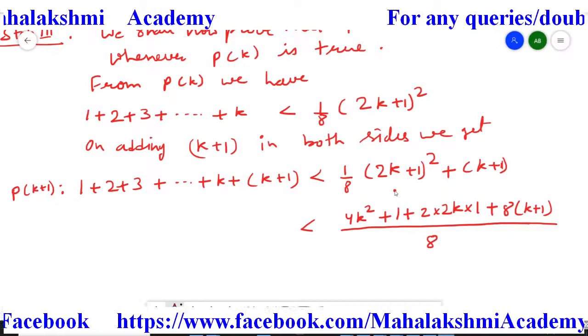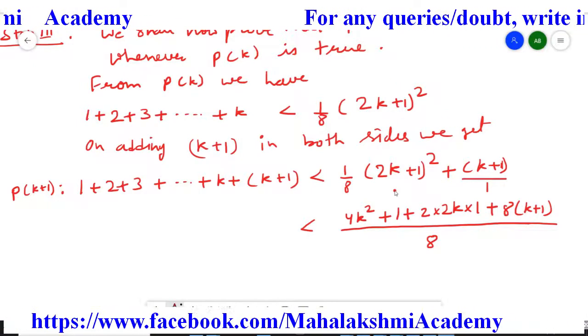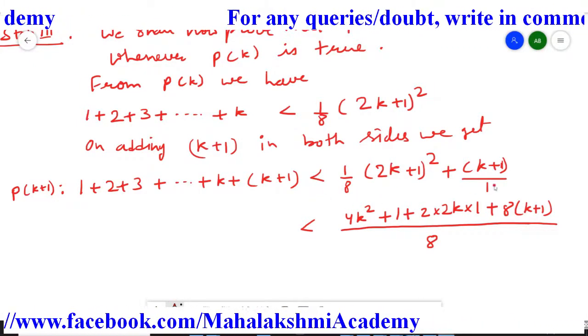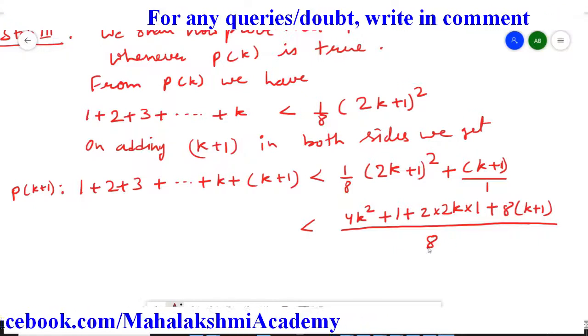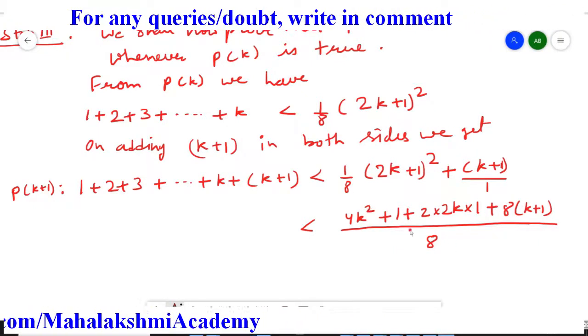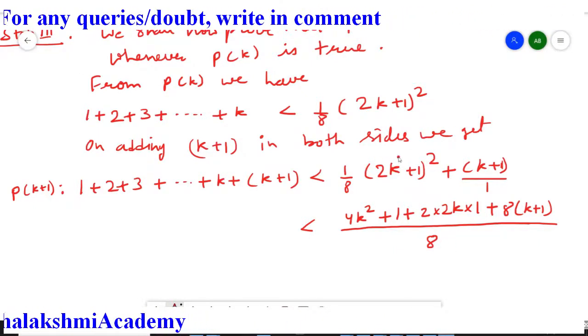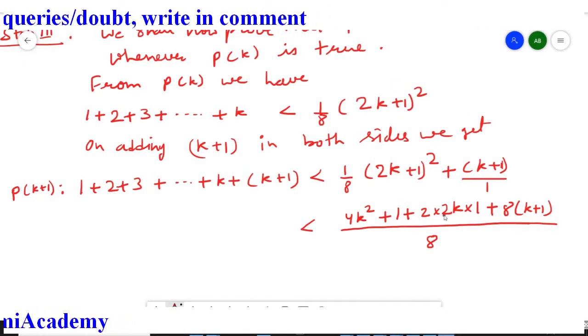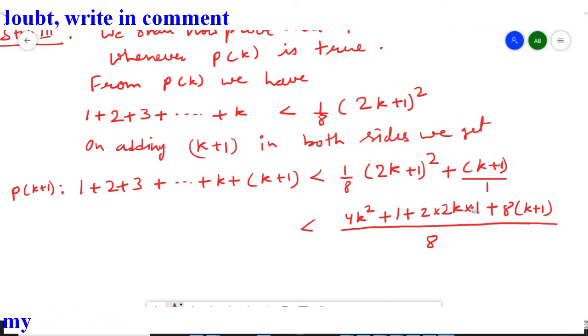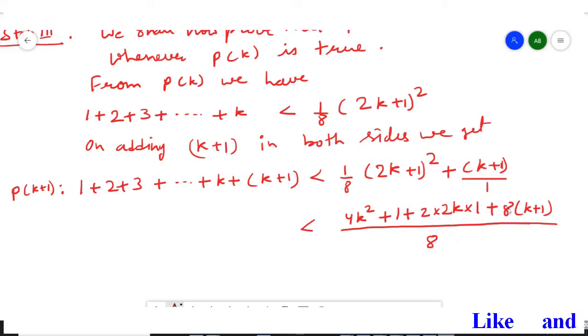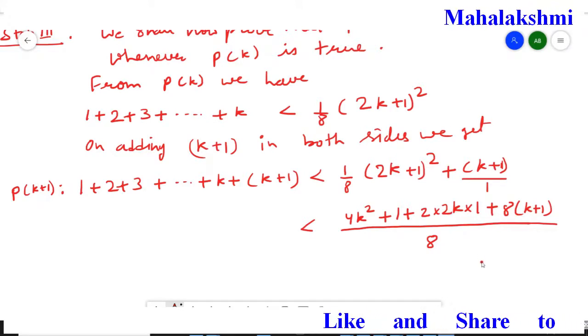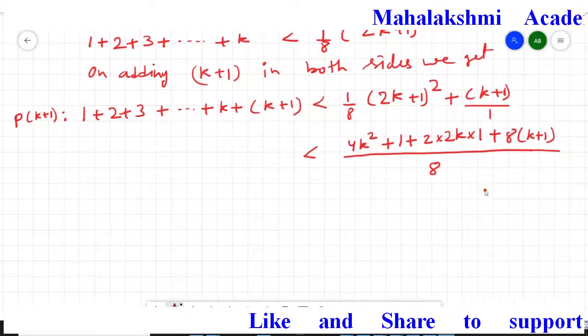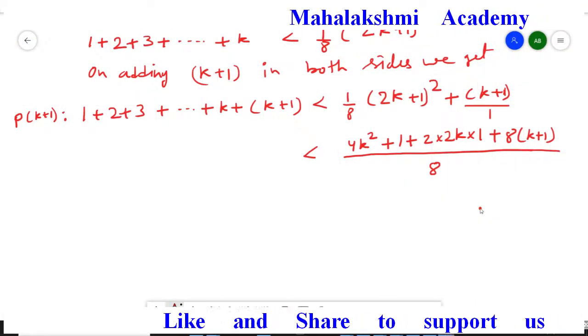So students, I hope it's clear to you. To take the LCM, we have to take the LCM of 8 and 1. The LCM of 8 and 1 is 8, and since the denominator is 8, we'll get the same bracket here. That bracket I opened by a square plus b square plus 2ab, and since the denominator is 1, when we divide the LCM by 1, we will get here 8. So 8 and this bracket. Now in the next step we have to open this bracket, and this also we have to multiply. So further calculation is going to be like this.